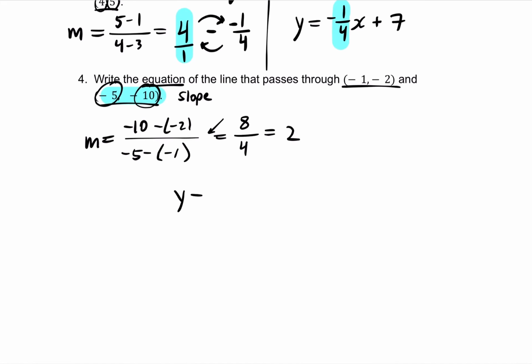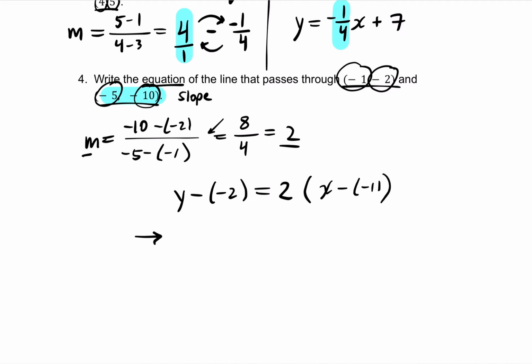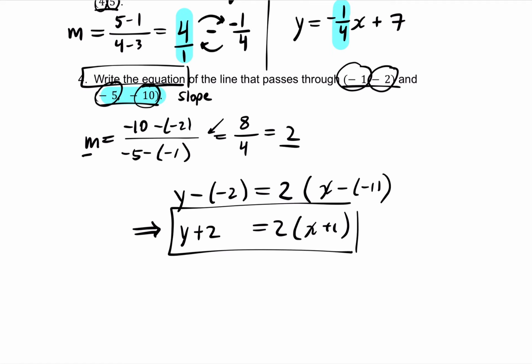y minus y1, which we said was negative 2, that's coming from here, equals m, and we just found m to be 2, times x minus x1, which is here, minus a negative 1. All right, and of course this equation is the same as, and usually in mathematics we use a bold arrow to say that this is our next step, but you don't have to if you don't want to. And this will be y plus 2, as long as I know what you mean, no big deal. And then 2 times x plus 1. Now we just want an equation. It doesn't say in any particular form, so this is a sufficient equation, but if you're going to graph it, for example, bonus points,